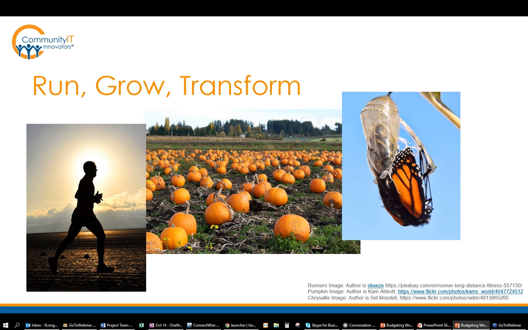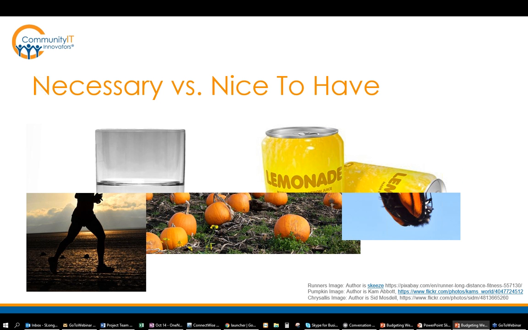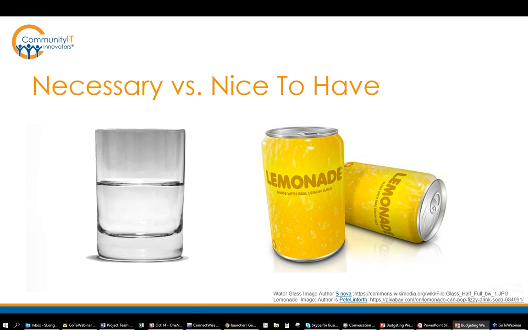came to us from a friend of Community IT's, Danny Shimamoto, who did a guest webinar actually on IT budgeting some years ago for Community IT. He's a consultant that works with a lot of nonprofits and has actually written quite a bit about this. So he did not come up with this framework. This framework, I think, might have come out of the Gartner Group, which does a lot of research and consulting in our sector. This run, grow, and transform idea.